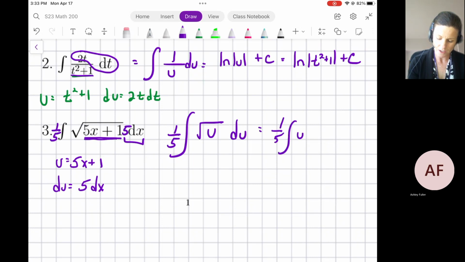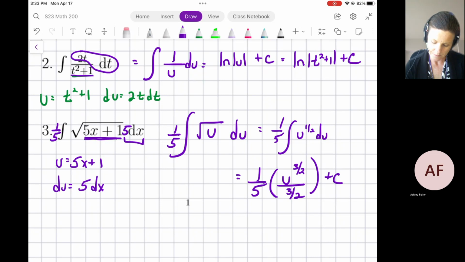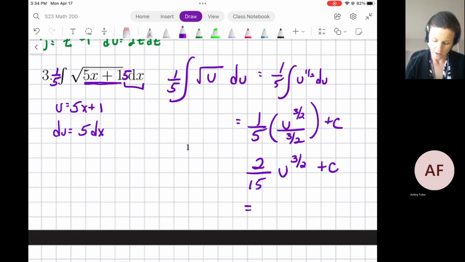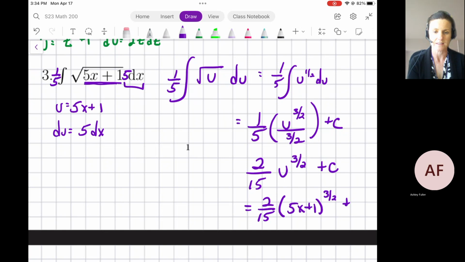Using our same rules of integration, we can rewrite this as u to the 1/2, which gives us 1/5 u to the 3/2 over 3/2 when we add 1, plus c. And then simplifying our fractions, we get 2 over 15 u to the 3/2 plus c, or 2 over 15 (5x plus 1) to the 3/2 plus c. Remember, you can multiply by a constant to get the du that you need, but you also have to divide